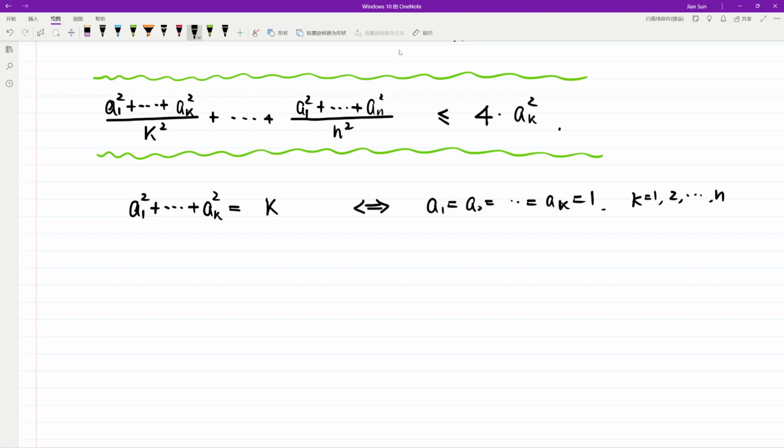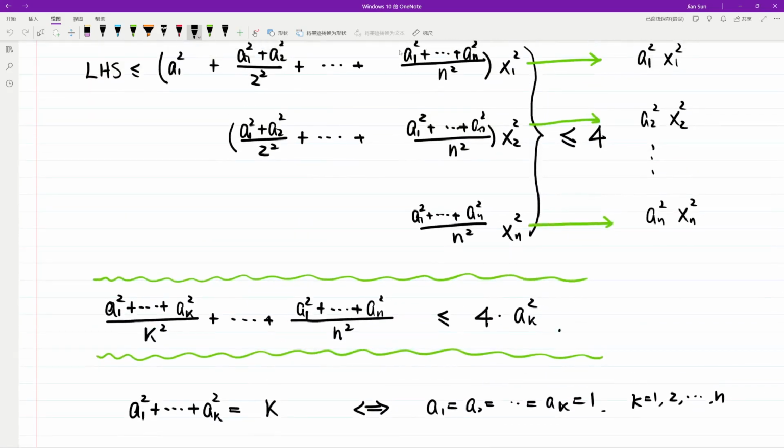So in a sense, if you want the summation of ai squared up to k to equal k for every k, then the necessary and sufficient condition is every a equals 1. But if every a equals 1,